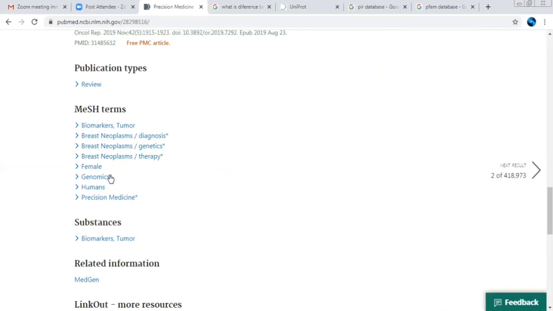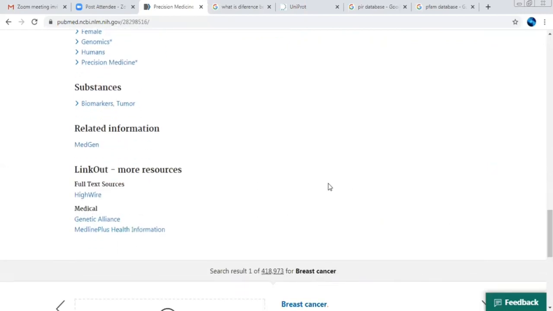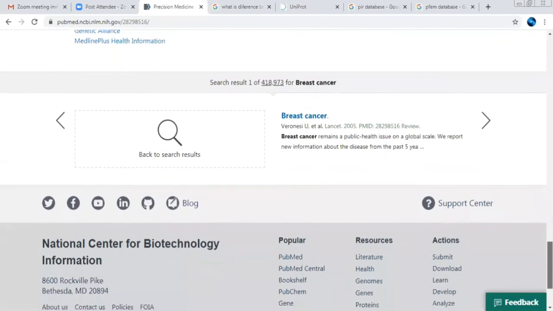These are certain keywords related to it. Substances have been given in the form of biomarker or tumor, and related information has been linked with MedGen. So this data for this publication you can get from the MedGen database, and different other resources have also been linked. So that's the overall use of this PubMed database.